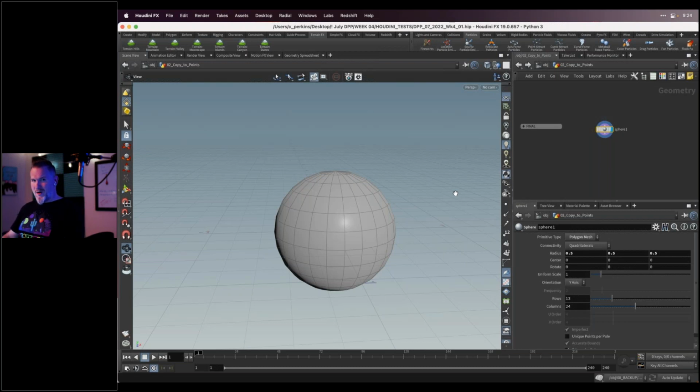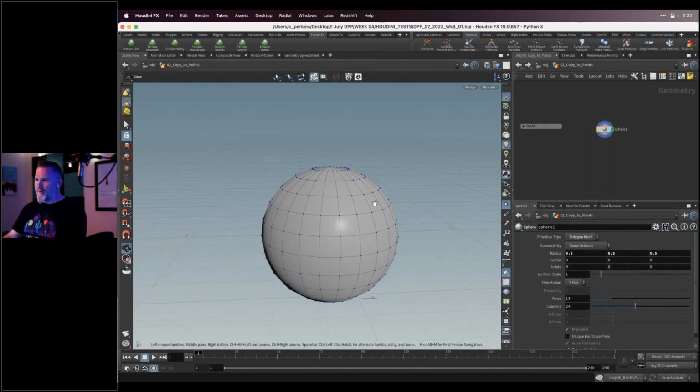To me, the scary part, and we're going to dig into this a little bit, is that it thinks in a different way. I'm going to go over here to the right side of my viewport, where I have some display options and stuff like that. I can display the points. I can display the number of points, so on and so forth. Now, I'm going to put this little dot here so we can display the points.